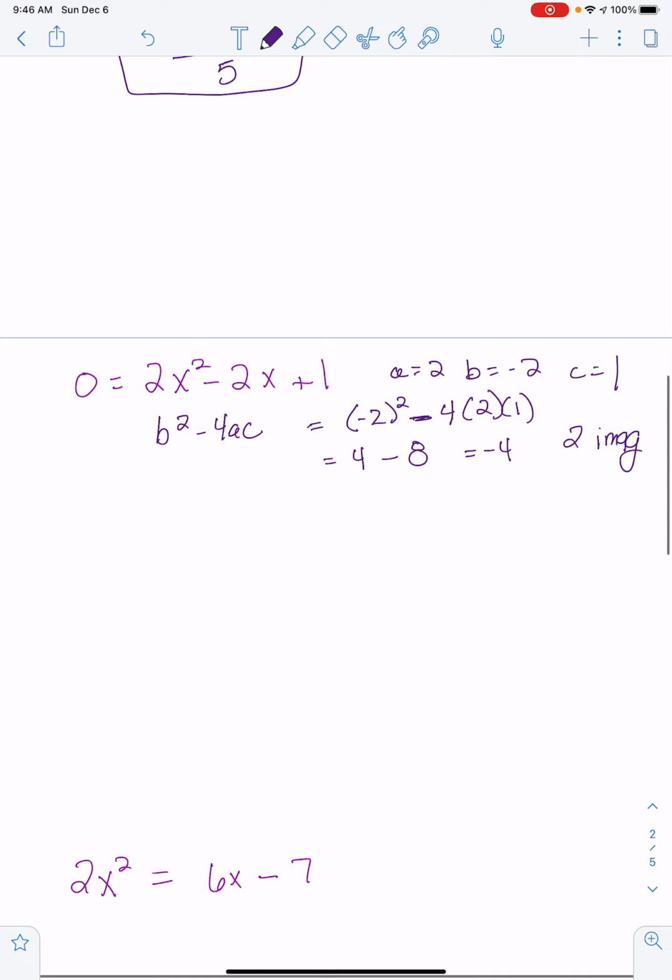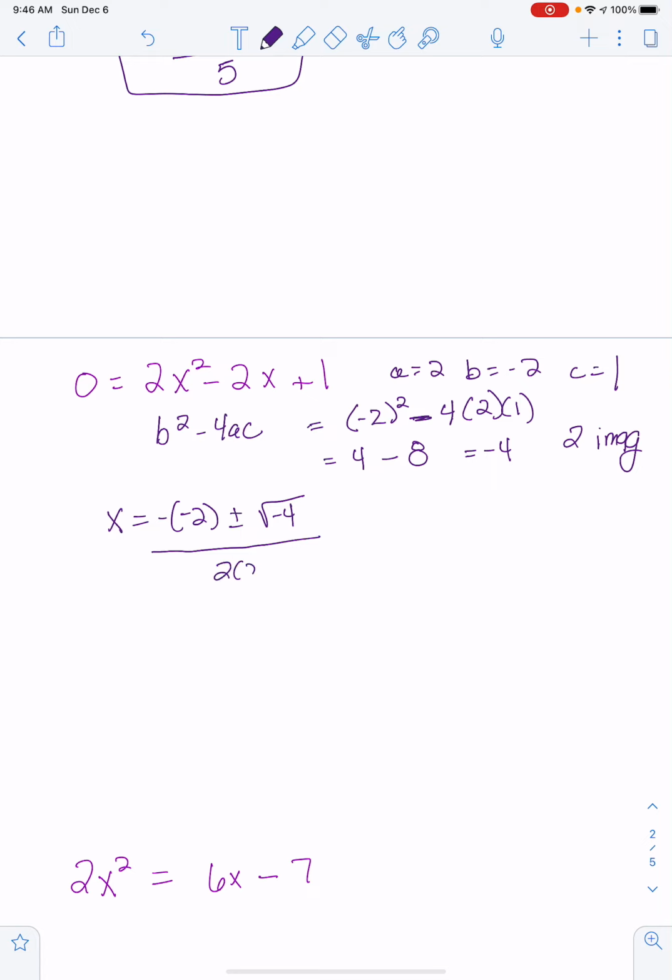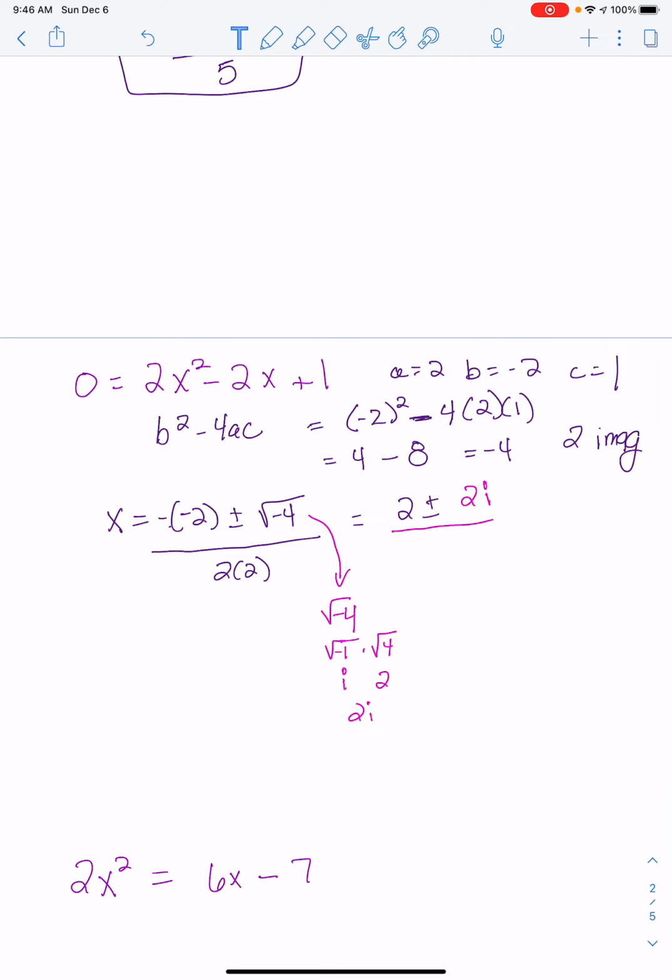So then we're just going to plug it back in. x is equal to negative b plus or minus the square root of our discriminant, all divided by 2 times a, and that's going to get us the opposite of negative 2 is 2, plus or minus, let's do that thinking step again. We're going to step out here and say, what is the square root of negative 4? Well, it's the square root of negative 1 times the square root of 4, and that's going to get us i and 2, so we're going to write it as 2i, so it's going to be plus or minus 2i, all divided by